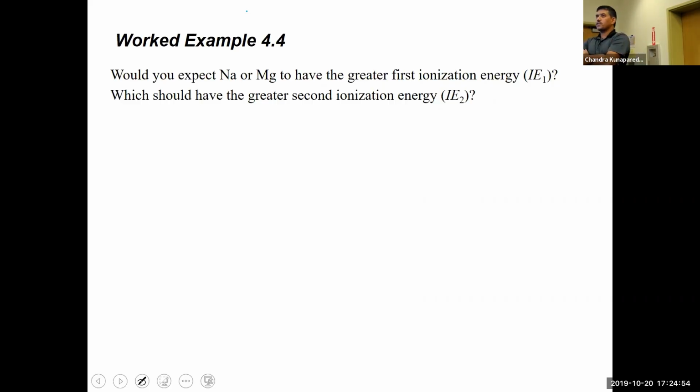When you compare sodium with magnesium, I hope that you answer this question before I explain the answer. When you try to answer for first ionization energy, first of all, I need you to predict its atomic radius. Which one of the elements is going to be larger or smaller? My prediction is that magnesium is going to be smaller compared to sodium